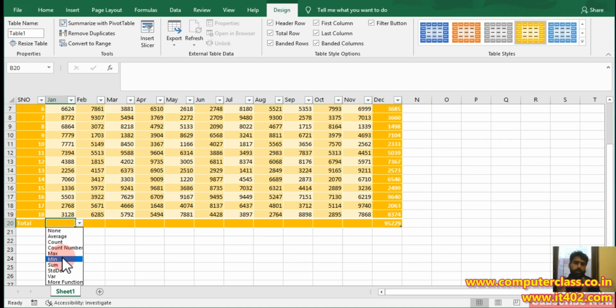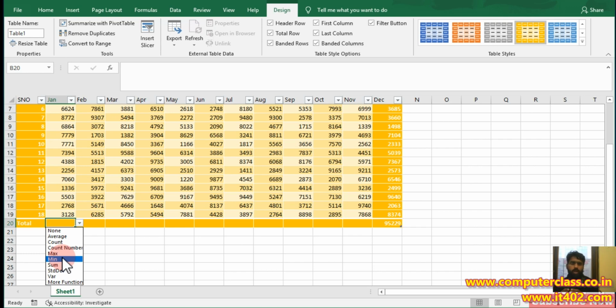So this is the final preview of the table. Why do we need to convert particular data into the form of a table? If we don't use a table, we need to put the data in the sheet, select borders, select some color combinations, put filters separately, and do alignment separately.